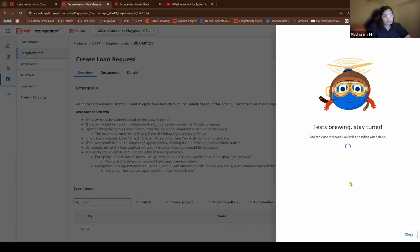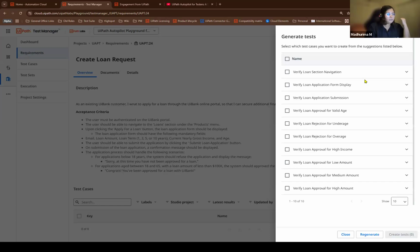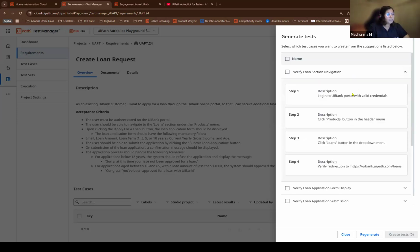particular requirement. And what's more, now you can also generate tests with pre and post conditions, so that apart from the manual steps, you will also tell the testers what the preconditions should be before they perform the tests. And here we go. Autopilot for testers has generated the test, and again, you have the name of the test. When you expand it, you see all the different steps that need to be done for this particular test